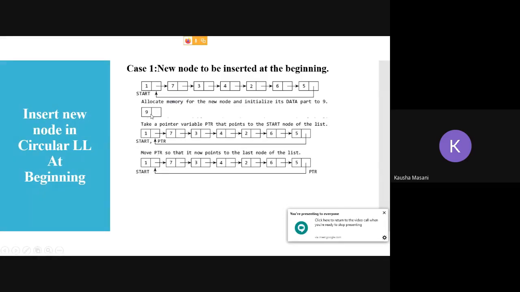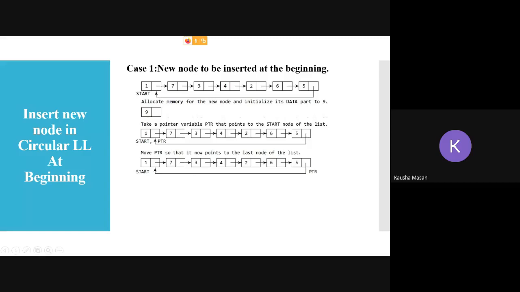Now in order to add this node in our linked list, this last pointer should have the memory address of this node, because what is our aim? We want to make this particular node our first node, and the property of our circular linked list says that the last node here should point to the first node. So that's why we traverse PTR to the end.